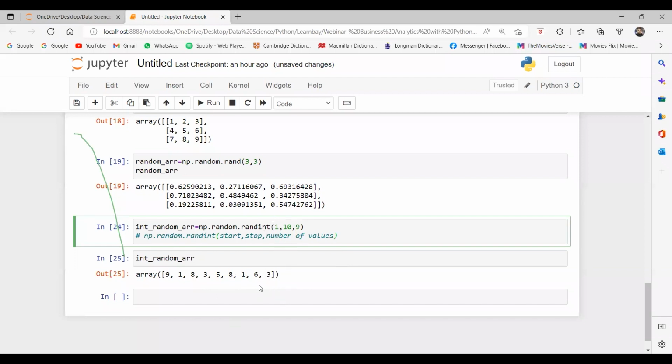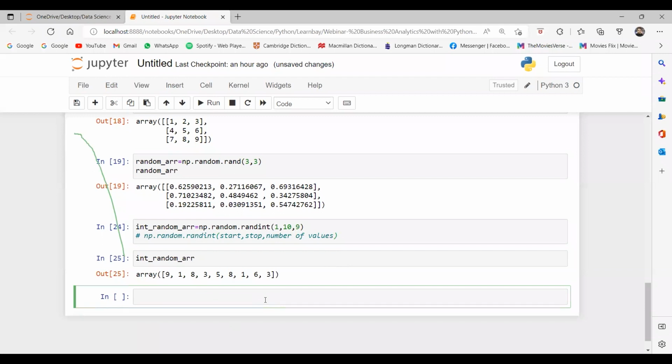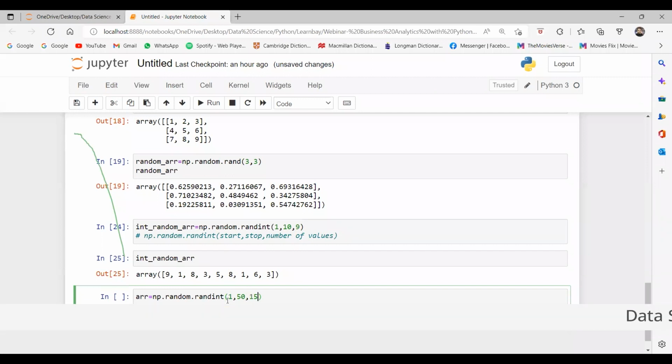So now what is the use of NumPy? It has faster operations because it can work on matrices, and a matrix is a very fast way to perform calculations, guys. So for example, let me create an array. I say array equal to np.random.randint, between 1 to 50, and for example, if I want 3 rows and 5 columns, so 15 values I need, yes or no?